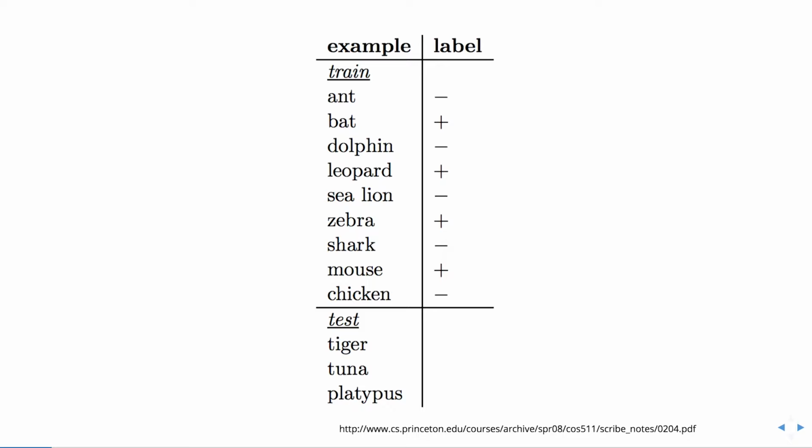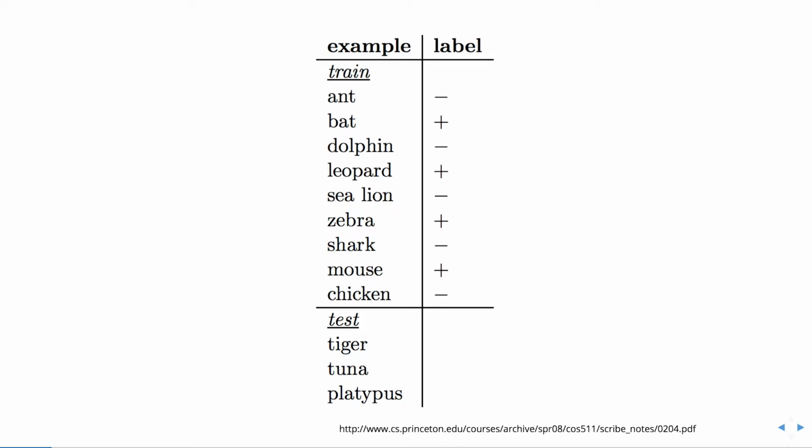Okay, so most people would have probably guessed plus. And for tuna would be a minus. And for platypus, right, so here's where the key is: what sort of rule are we using? You could say, okay, land mammals get a plus, and any other type of animal gets a minus. But then, how would you label platypus?